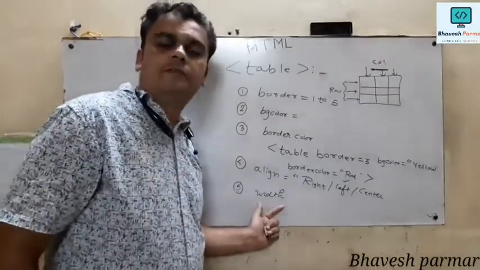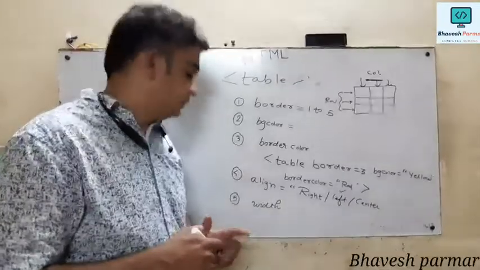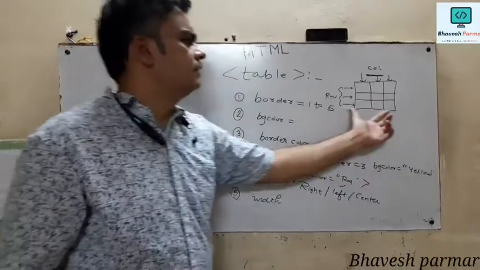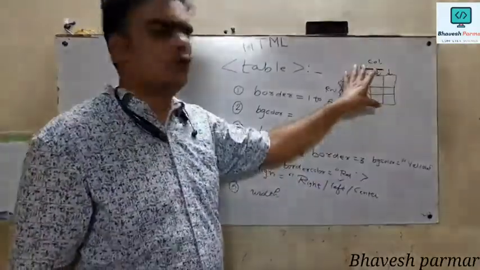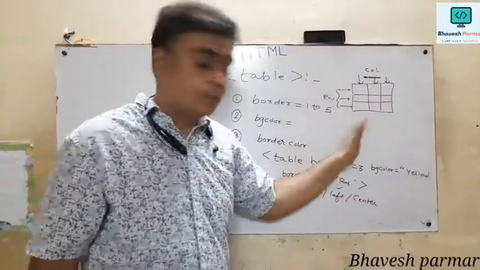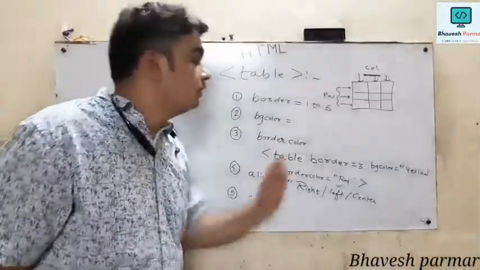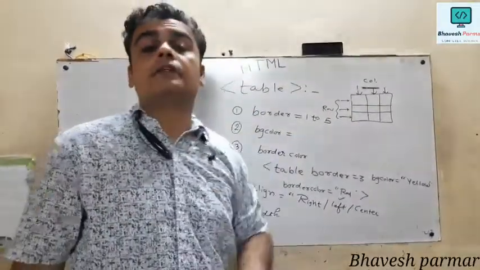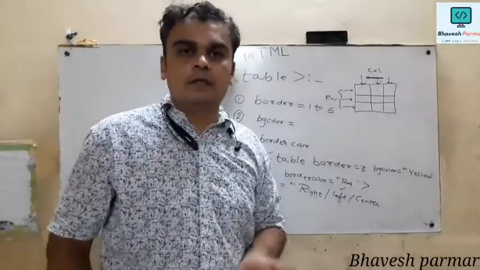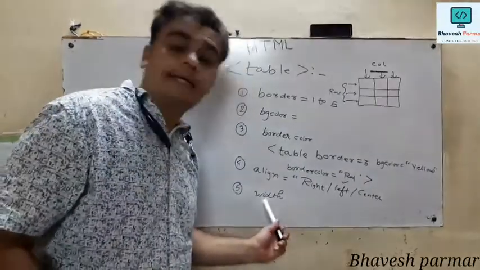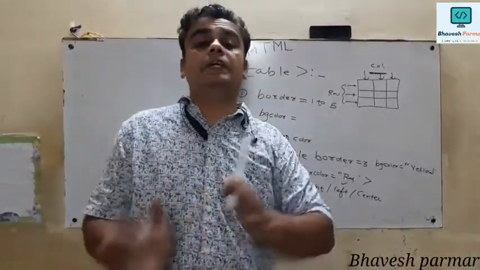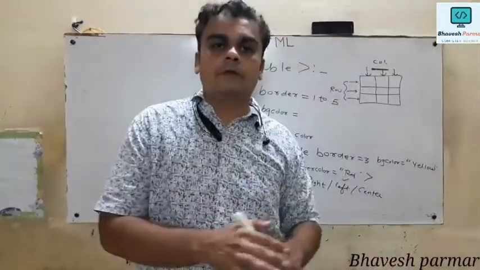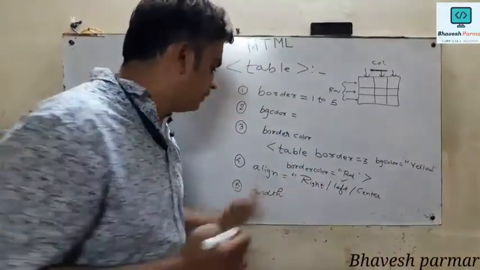Now what is the role of this width attribute? Generally, when we use normal attributes, the table is shown in its normal size. But when we use the width attribute, we can change the size of the table by giving values in terms of percentage, and this percentage is reflected in pixels. So it is calculated in the form of pixels.